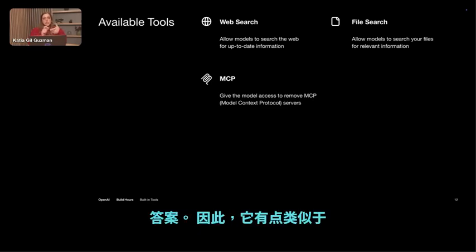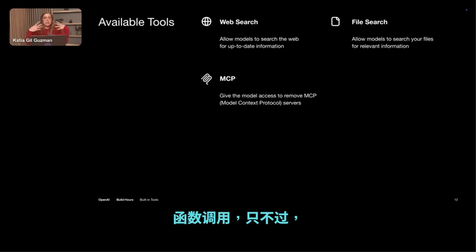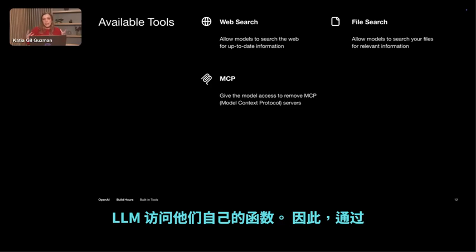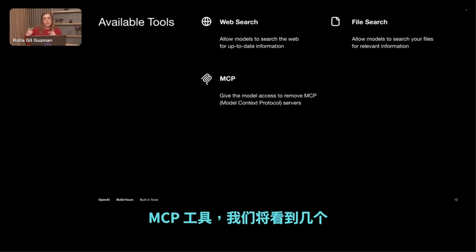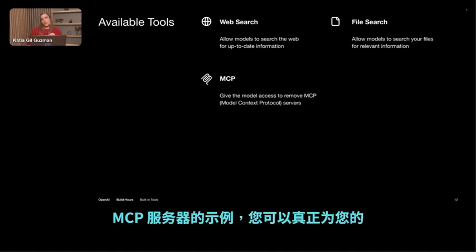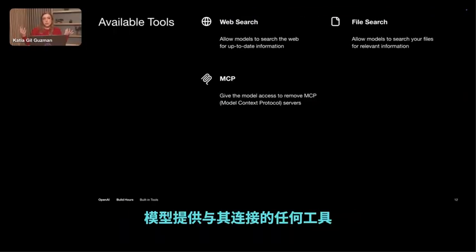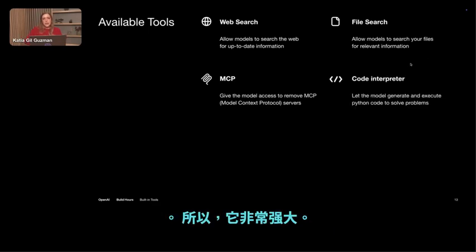So it's the same as function calling, except any person who defines their MCP server can give any LLM access to their own functions. And so with the MCP tool, we'll see a couple examples of MCP servers. You can really give your models any tool that you connect to it. So it's pretty powerful. The next one I want to talk about is pretty powerful as well, they're all great,